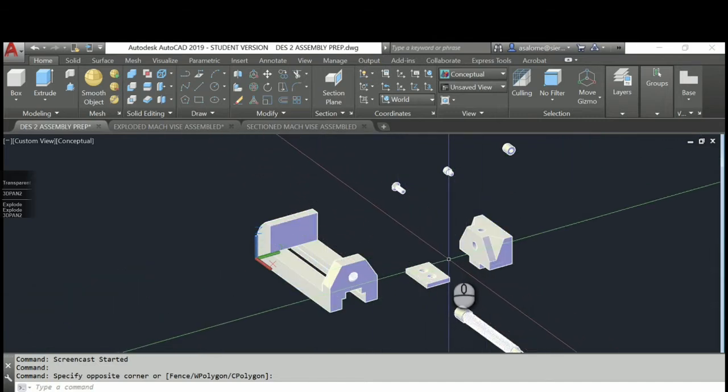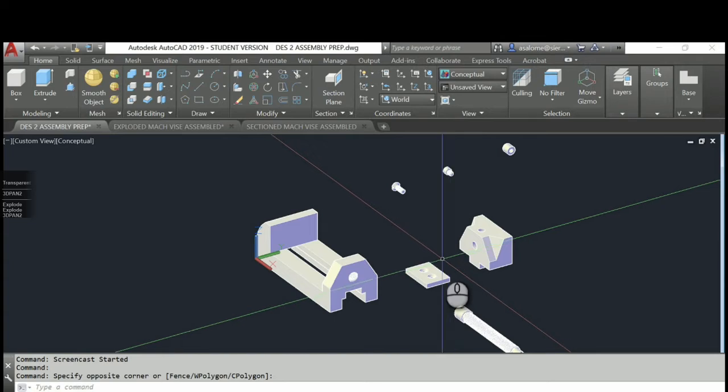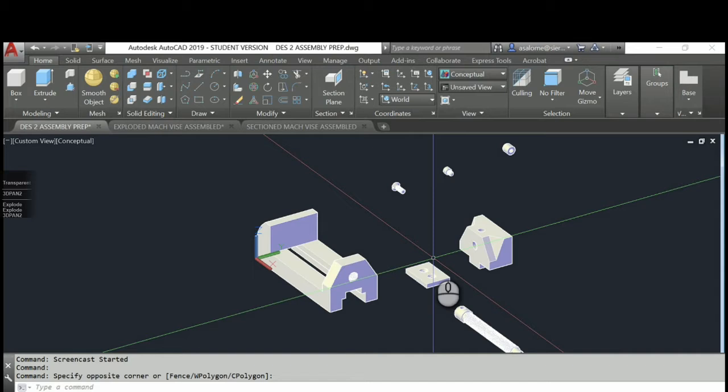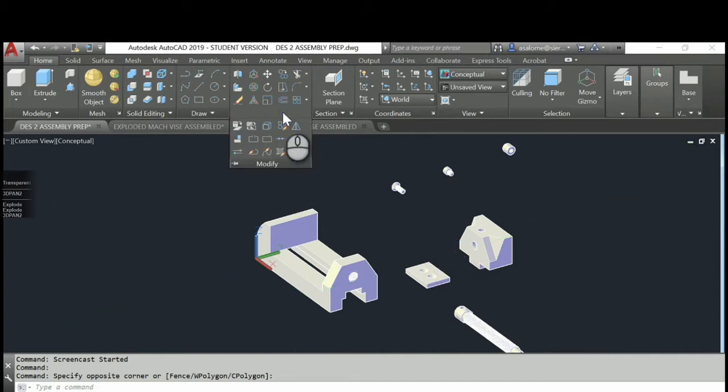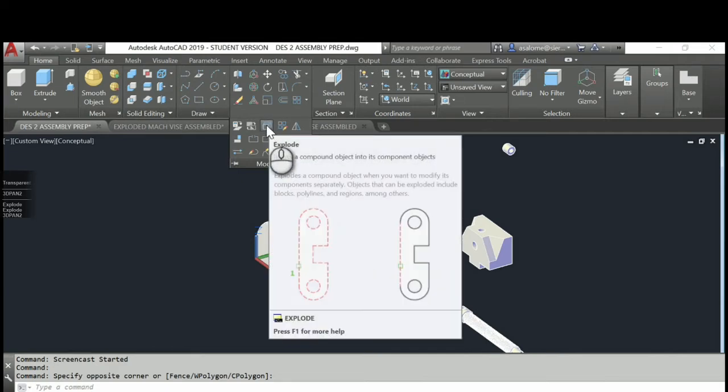I'm going to use the AutoCAD explode command. This is not the PLODE Lisp routine that we use when we're pulling views. This is the AutoCAD explode command, and you can get it in a number of ways. You can get it on the modify pull down. I lied, we don't have explode on our 3D one. There it is. Okay, so it's that box where you can see the panes separating from each other.